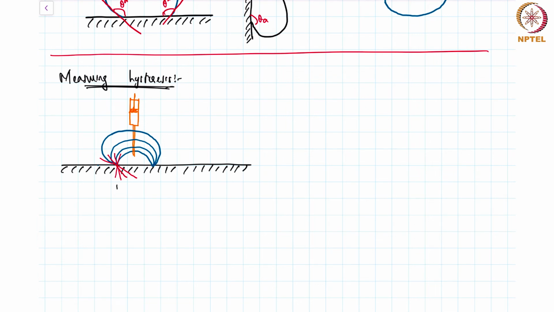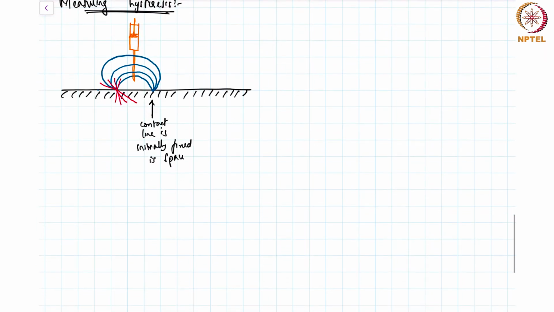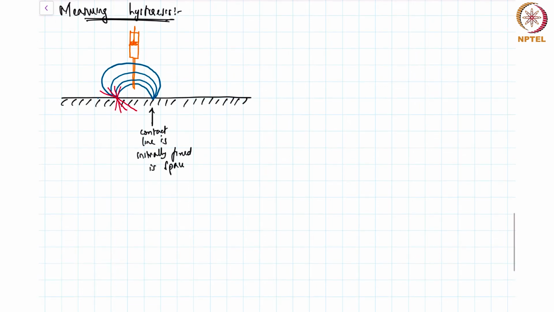So in all these cases, the contact line is initially fixed in space. When I say fixed in space, it remains at the same location. You are not actually in any way holding it there. So the natural processes will basically tend to stay there. So if I now can plot the angle